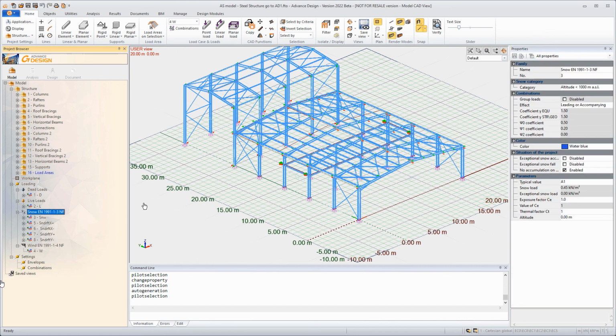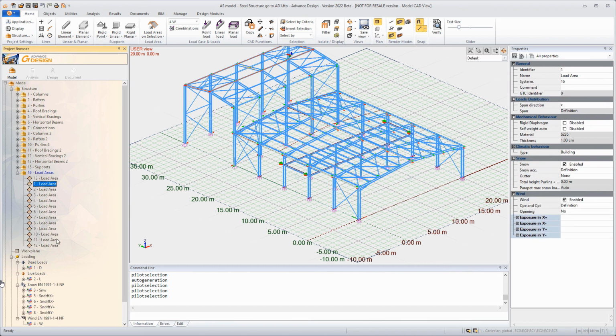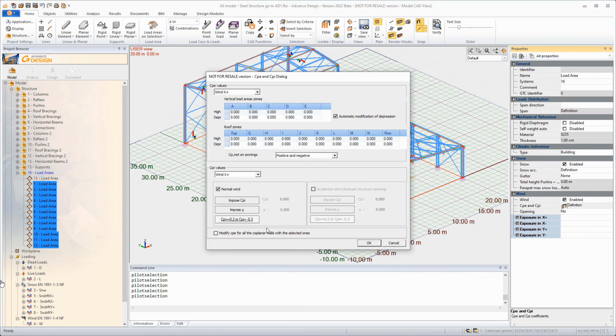Once those automatic loads are placed, we can combine them, so generate some combinations which will be used for the design.